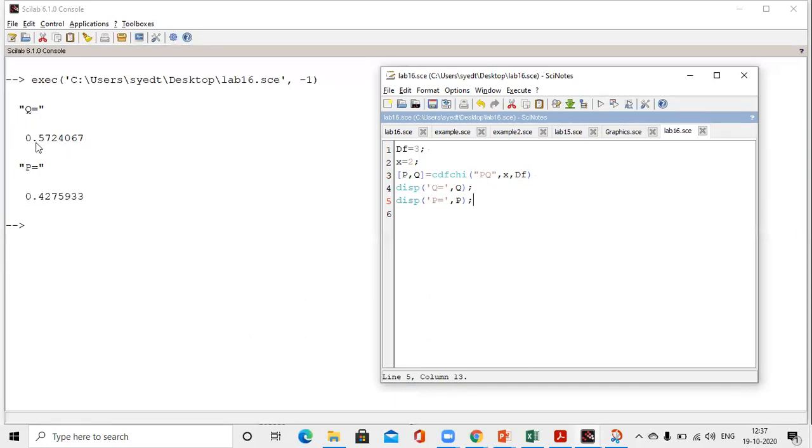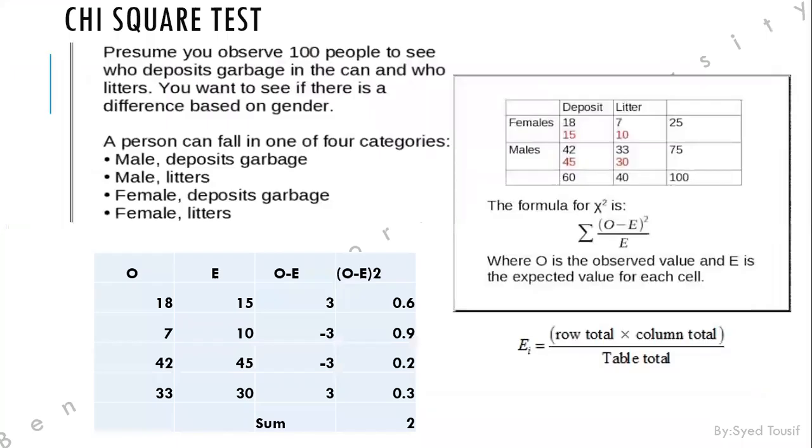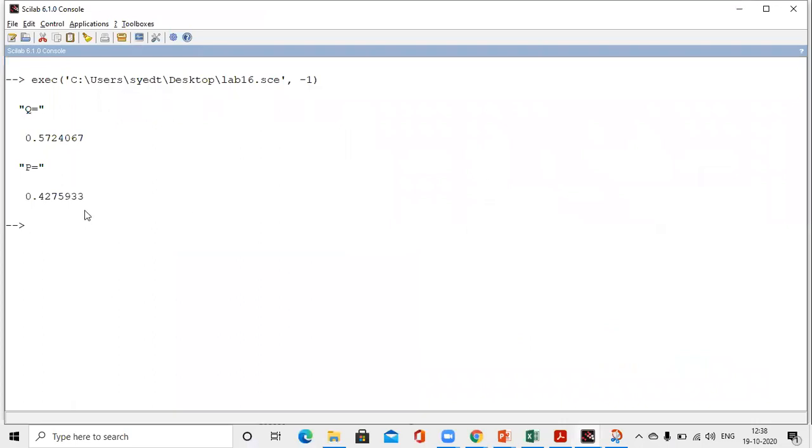Means that what observation we have done, the result we are able to see is the opposite. Here the female depositors' expected value is more, but we are getting less. It is not like this; the observed value would be higher and the expected less. So Scilab says the same, and we are getting the probability of success as less only.